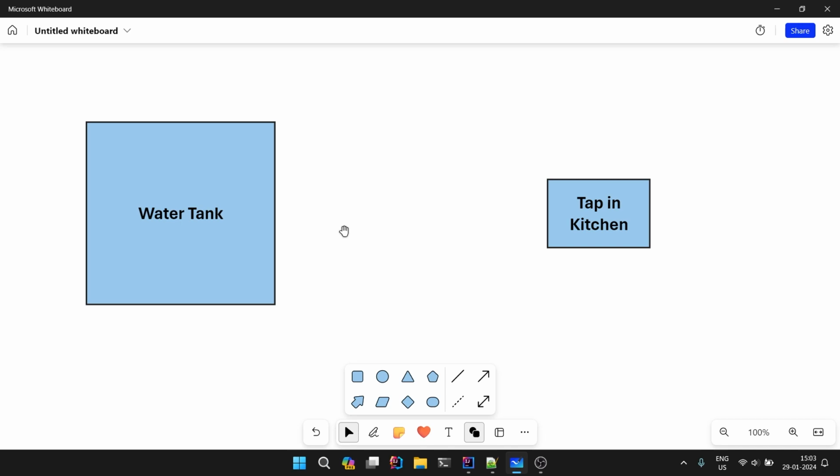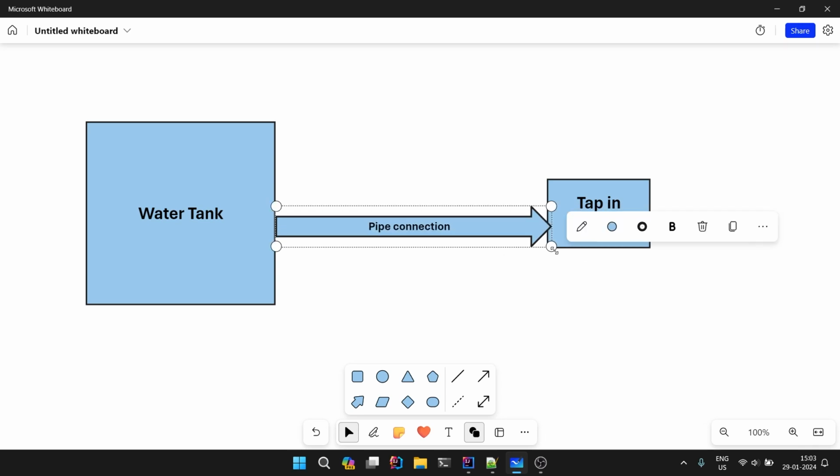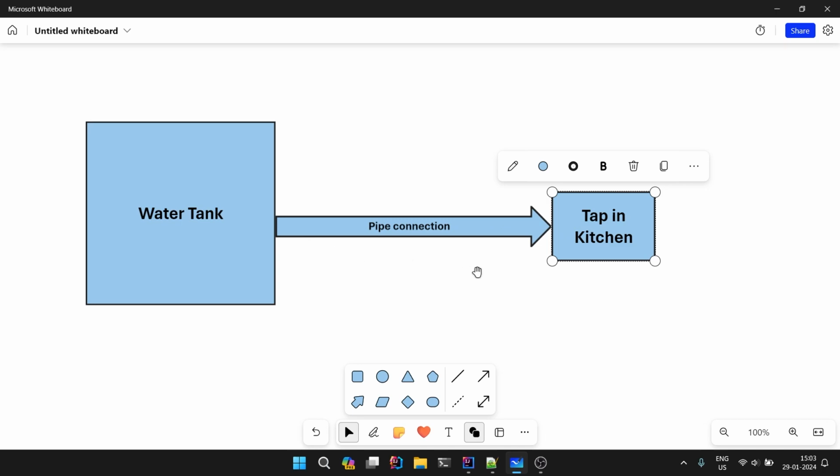So what you have made is a pipeline. Okay, you have a pipe connection. So let's make this pipe connection here, and I will say this is a pipe connection. So there is some kind of pipe which you have built which connects your water tank to the tap. But even after connecting this pipe from tank to tap, are you able to really get the water? Think about it. The answer is no. Why? The pipe is set up, the water is there in the water tank, of course, but you are still not getting water